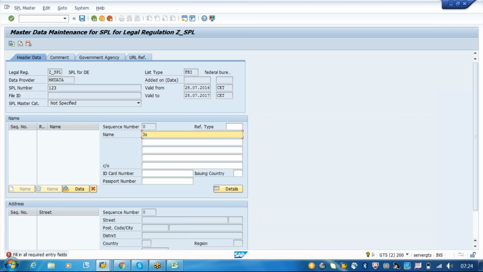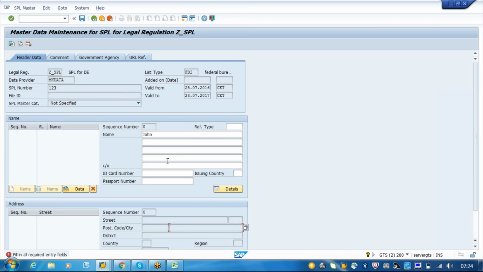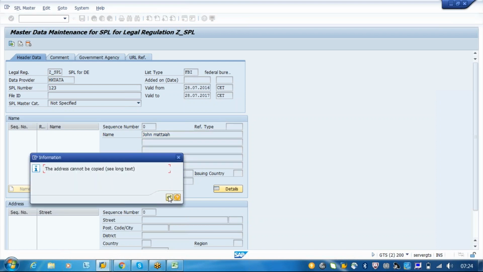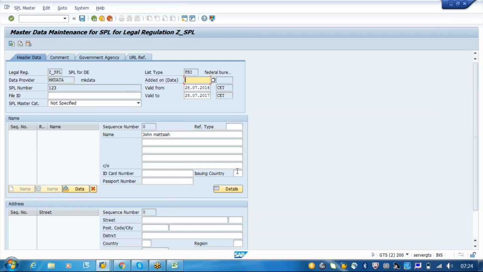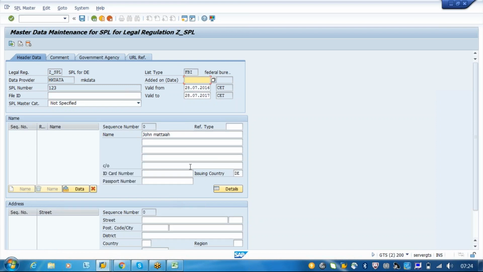So if you want to enter manually, we can enter manually here. So this way you have to enter all the data manually, whatever data you have to enter. But it will be time consuming. If you have 1 lakh records, you cannot enter each and every record manually. So for this, what SAP has provided is that you just have to enter